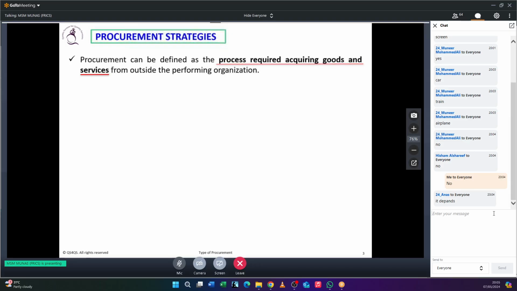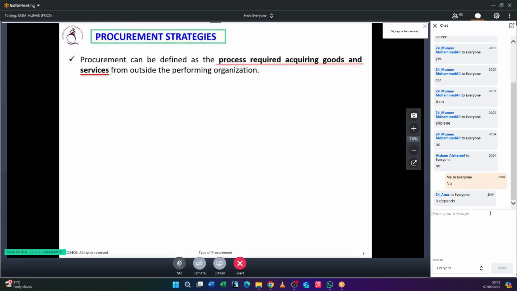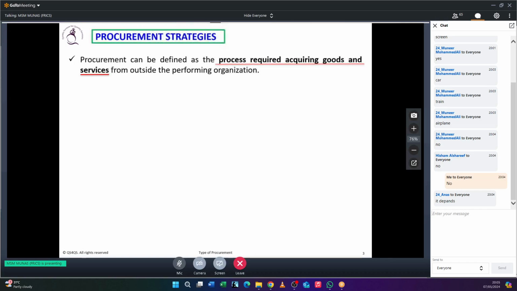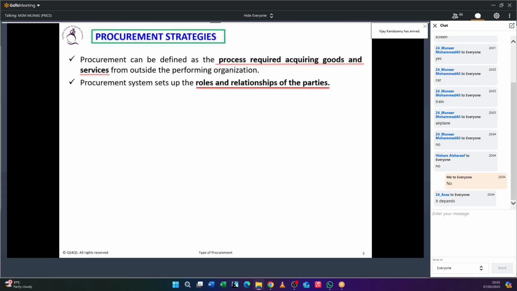Okay, let's say you have your own car, you don't want to go with the taxi. So that is your comfort zone. Otherwise, if the cities are very far away, going by train will be much better than your own car if you want to avoid the tiring driving. So likewise, we are going to know how to get the project done. So what is the best option we have? Depending on the procurement system, the parties involved in the contract, their roles and responsibilities will change.